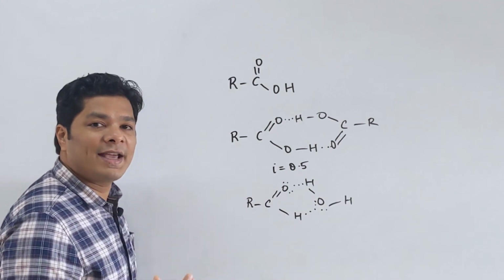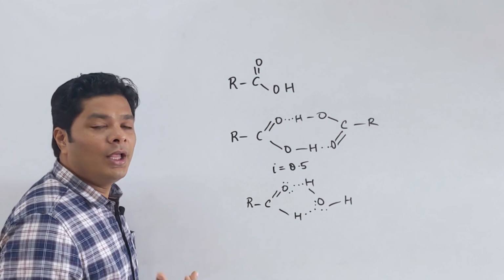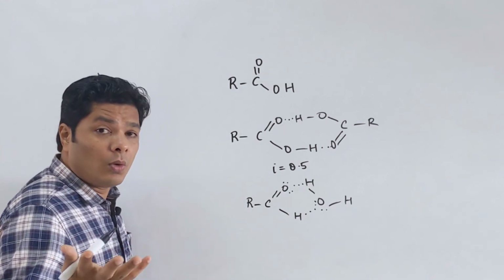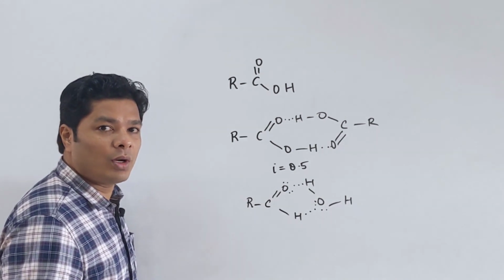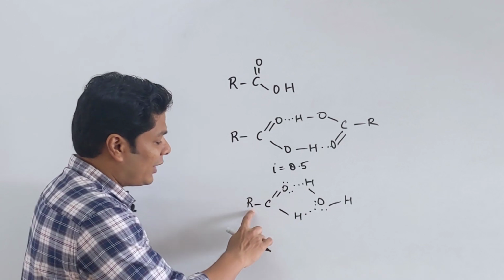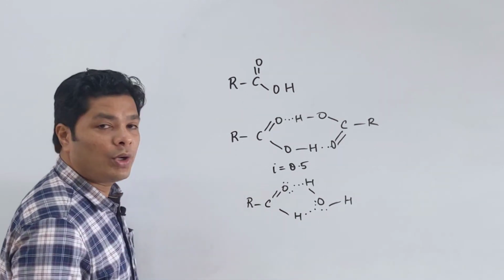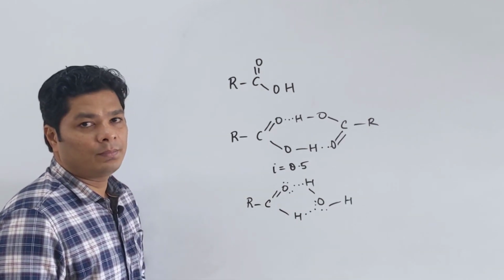For example, you take acetic acid, vinegar, you might have it in your refrigerator. You put it in water, it is soluble. Whereas you take a higher order one, for example, coconut oil, if it were soluble, it should have dissolved in water, but not really so, because the hydrophobic tail plays a major part. Right? These are the basic properties that you want to know about carboxylic acid in terms of physical properties.